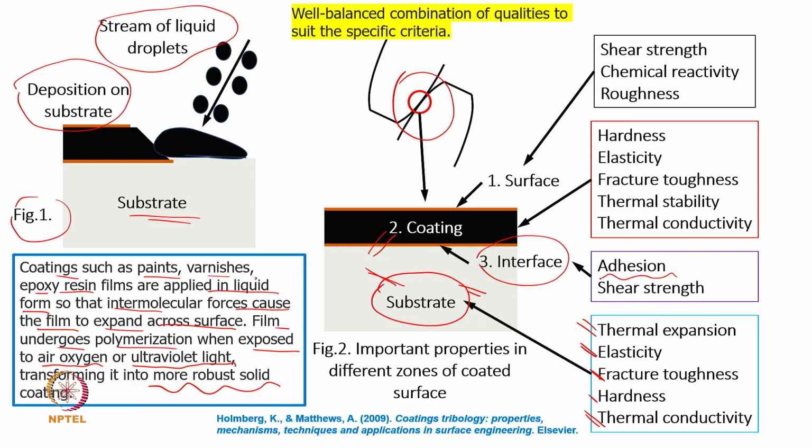The coating needs to adhere to the substrate, and it should have a high shear strength. That means you are not able to peel off the coating easily. So, good adhesion and high shear strength are very important. In fact, I would prefer this: the shear strength of the coating is one thing, the shear strength of the substrate is another, but if the shear strength of the interface is higher than both the coating and the substrate,